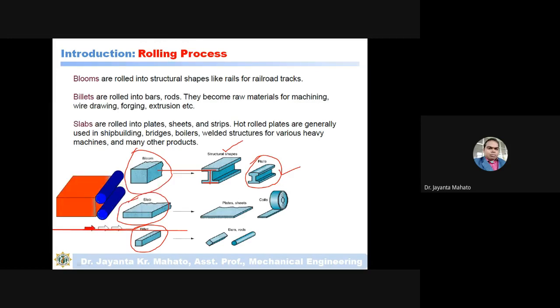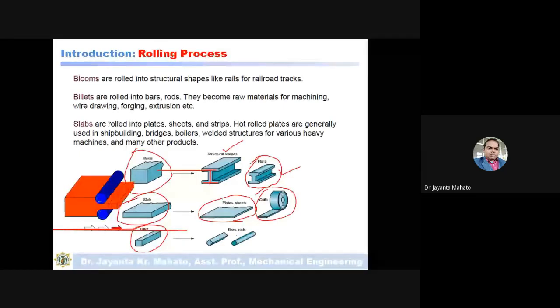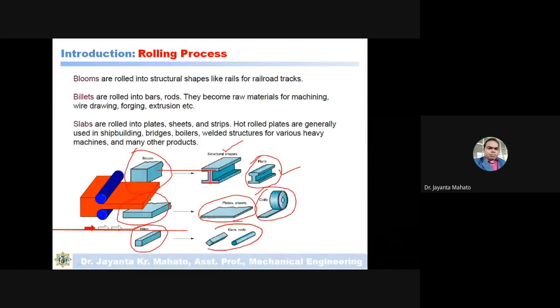From this slab you can get sheet type metal, or coil, and this sheet type of metal can also be rolled into a coil. This is a billet type of metal. From this billet, after the rolling operation, you can get a rod type of product.